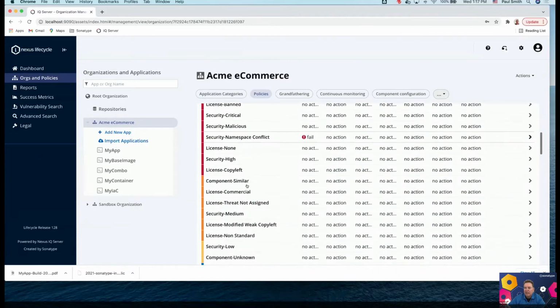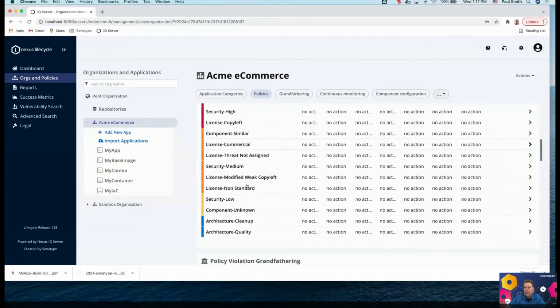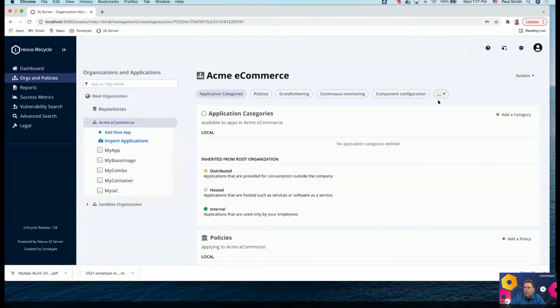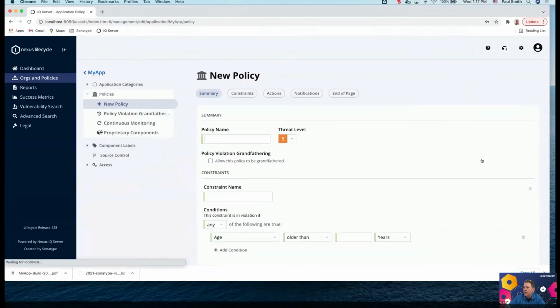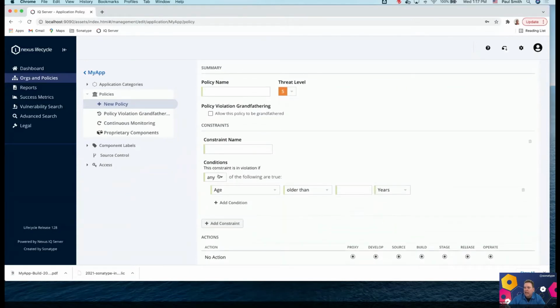A lot of these policies are out of the box, but the wonderful thing is that you can create your own policy. So I can go to my app, give it a name, and then I can apply any constraint that has any sort of conditions, where they all are met or any are met.